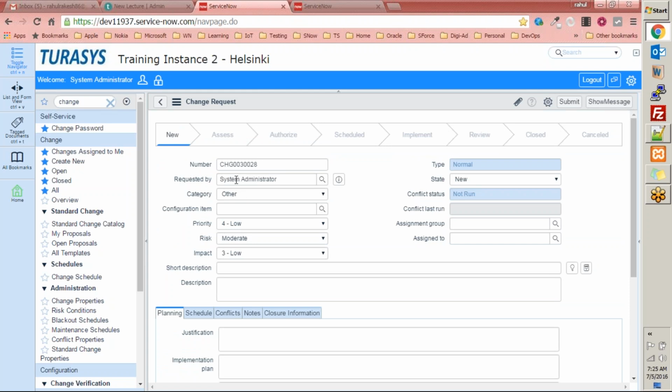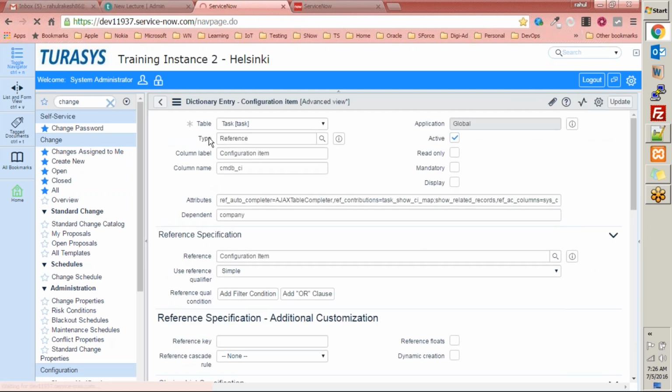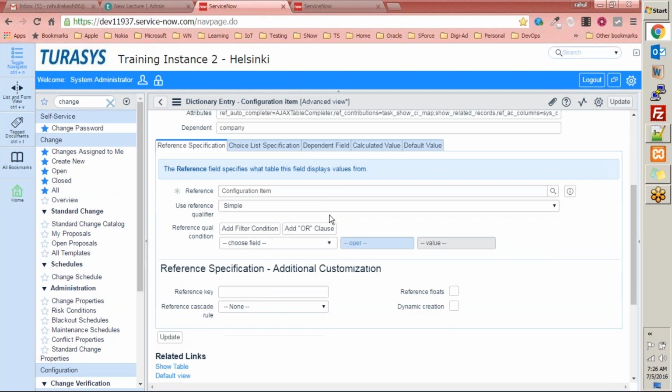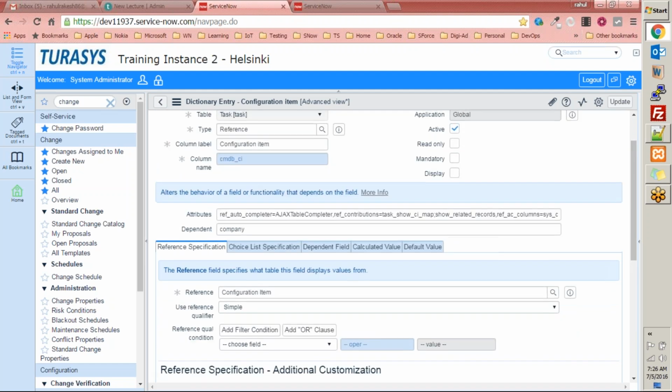Okay. Now look at the configuration item field here. If you right click, the label reads as CMDB underscore CI. If you do configure dictionary, and go within this dictionary entry of configuration item, you will see that the parent table is the task table and the column label is configuration item, right? And then the column name is CMDB underscore CI. And if you go down here,